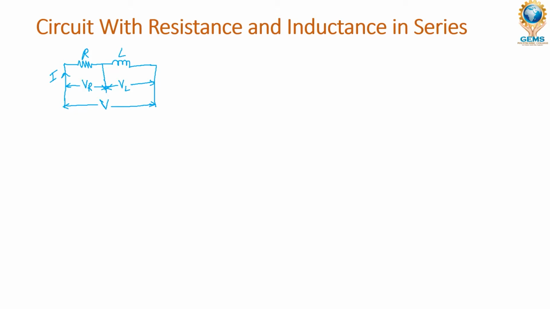Okay, in this, if we see the waveform, here I am taking current as reference. This is the current flowing in the circuit, and if we take voltage, this is the voltage. Current and voltage are in phase in case of a resistive circuit, and in an inductor the current is going to lag by 90 degrees. Sorry, this is the voltage